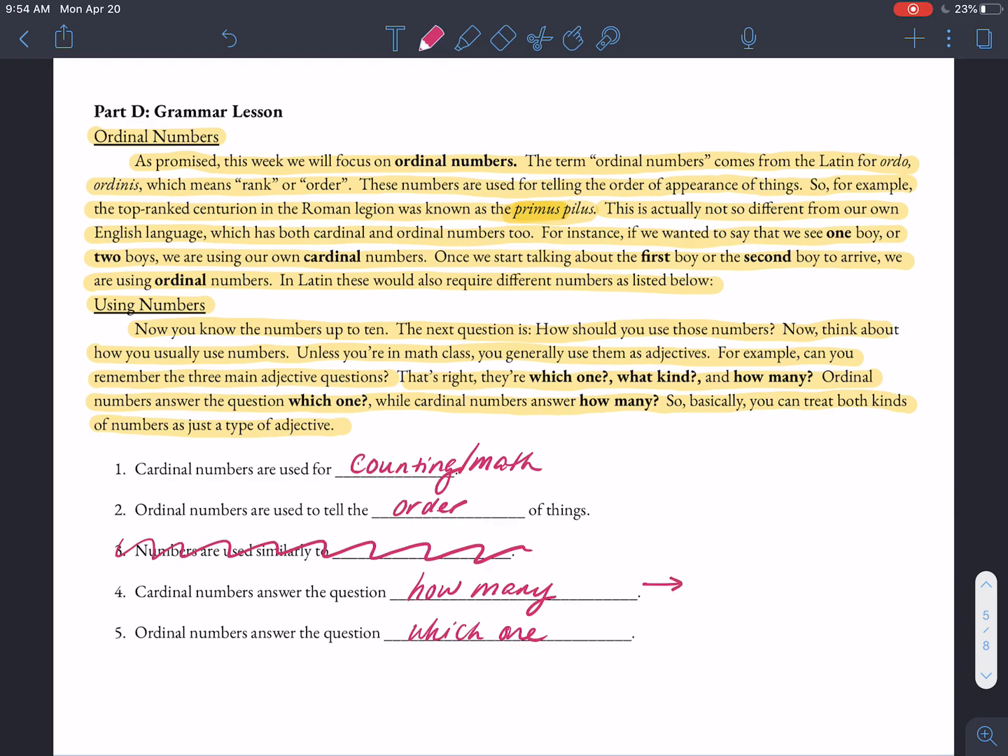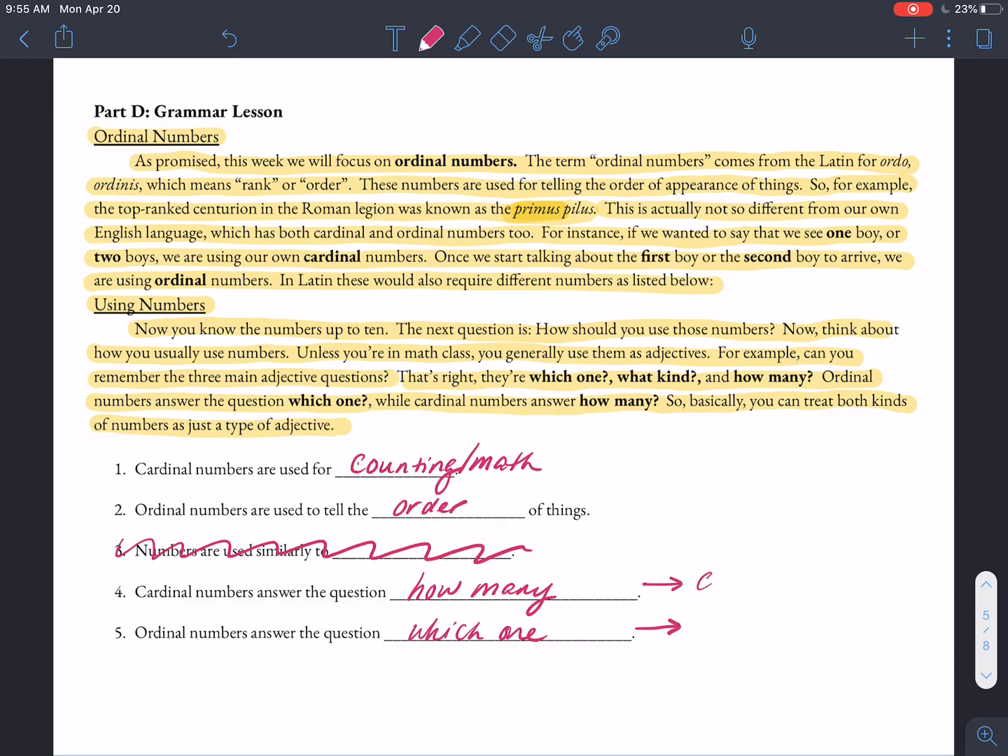If I were to ask how many birds are there? There are 3 birds. 3, that's a cardinal number. We use that for counting, right? I can count 1, 2, 3 little birds in a tree. As opposed to this one, ordinal numbers answer the question of which one. Which bird is the blue bird? Oh, it was the first bird that I saw. So you see how